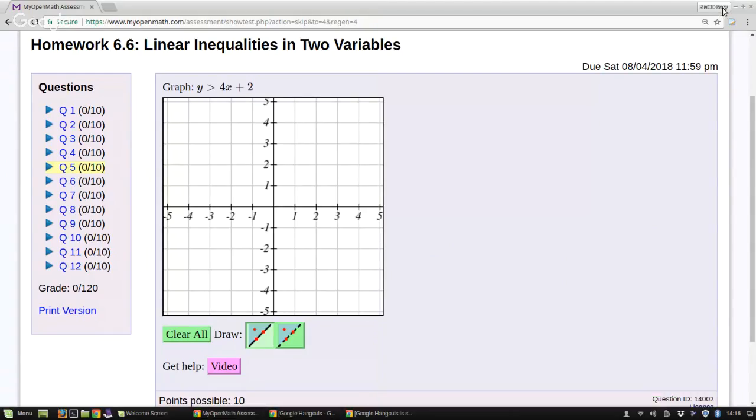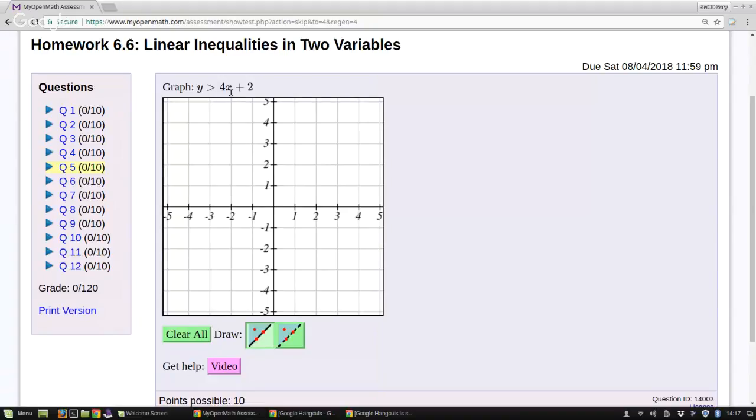Here I have a linear inequality in two variables, and I want to graph the set of all points that make it true. So for example, the point 0, 0 here, if I plug in 0 for x and 0 for y, I end up with 0 is greater than 2. That's false. On the other hand, if I were to plug in, say, negative 2, 1, let's see, negative 2